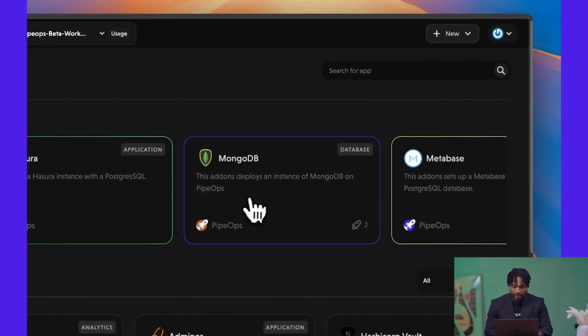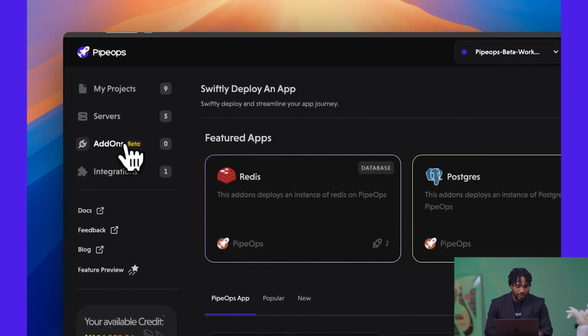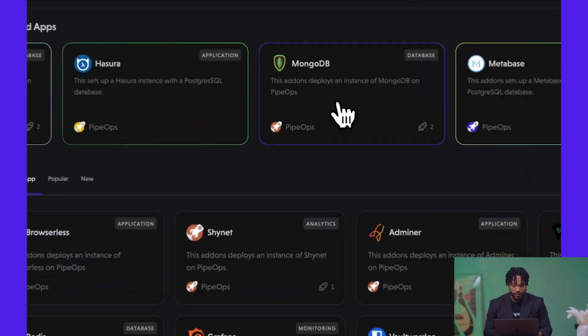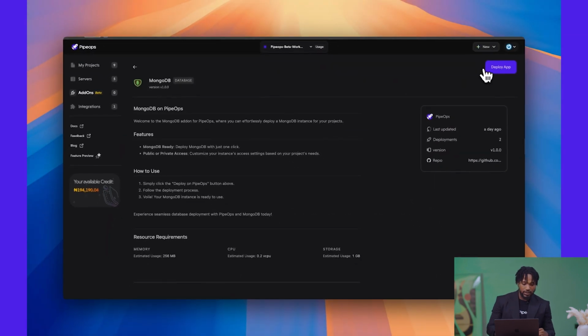So next on my list is deploying a database, right? And to deploy a database, you go to our add-ons section. On PipeOps, we have a list of add-ons that you can deploy. The beautiful thing is these add-ons don't cost you extra money because you're deploying them on your existing server, and we only charge you based on the resources used on them. So for this demo, I'm going to deploy this MongoDB database, which is a main stack. And to deploy this,